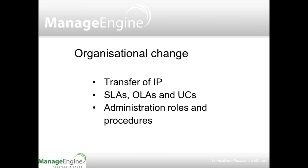So the whole RACI chart stuff, the whole responsibilities and accountabilities and the work assignments and the procedures to do it, has it all been thrashed out? Is it clear who's going to administer the different aspects of the system, and have those people agreed that they are in fact going to take on those roles? Often really